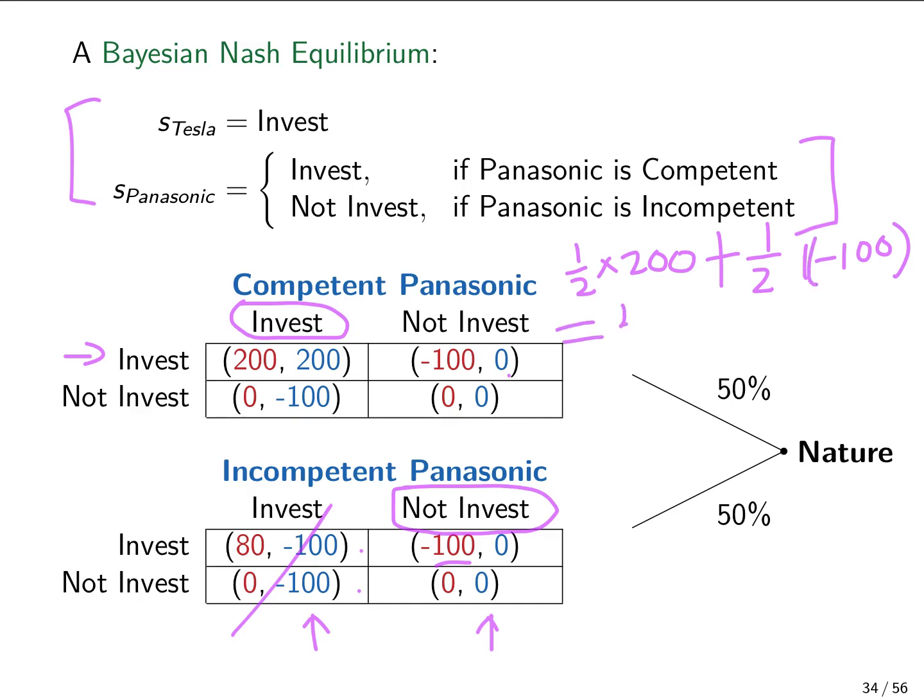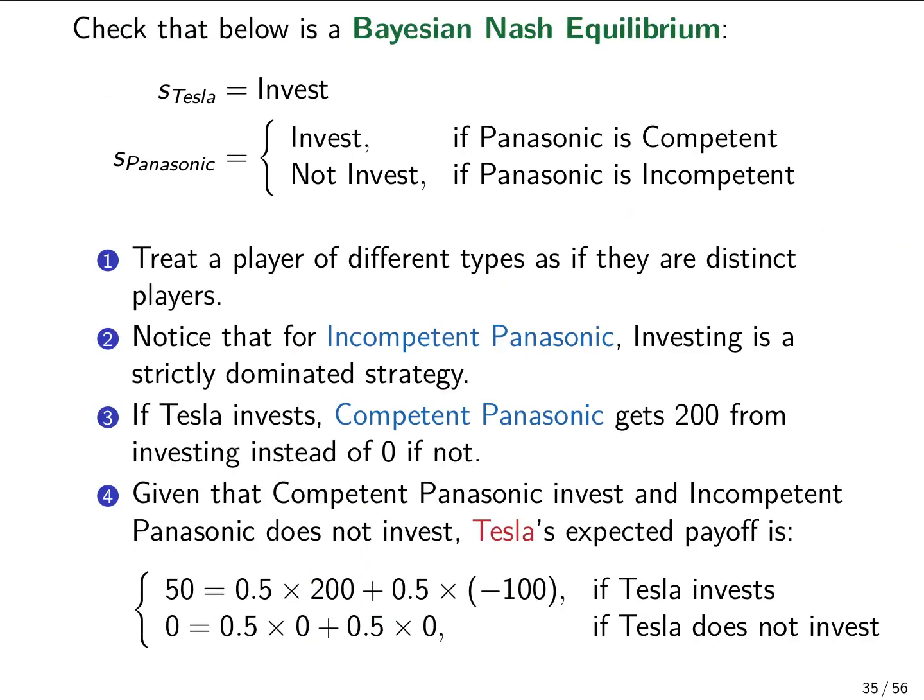So the expected payoff of investing in this equilibrium for Tesla is 50. And not investing, in this case, gives Tesla 0 here and 0 here. So not investing gives 0. So compare with